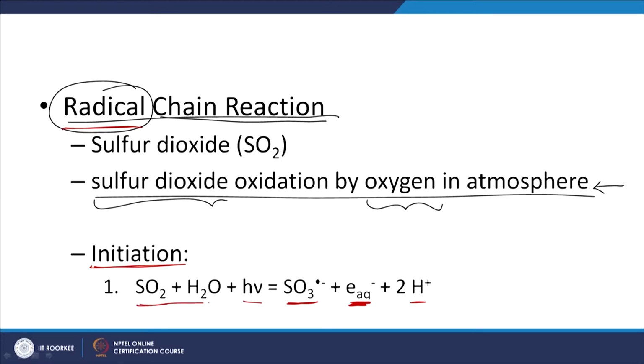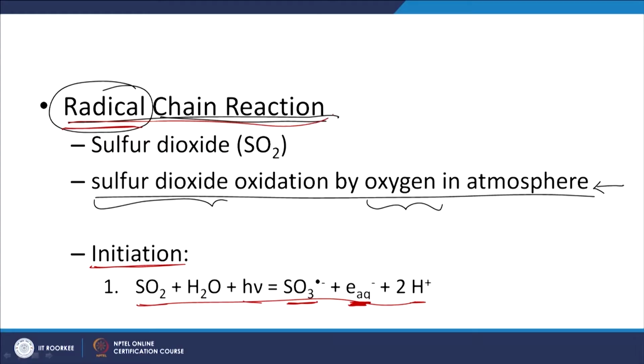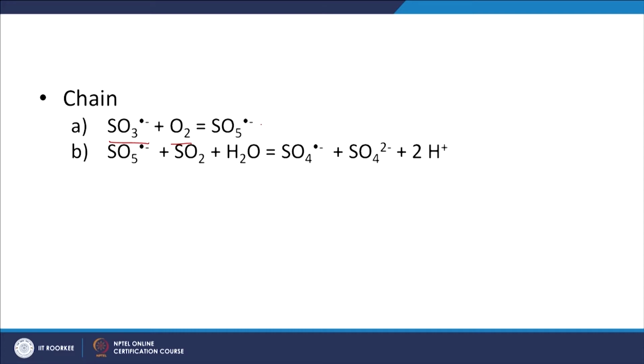So here, let us say sulfur dioxide leads to formation of a radical and an aqueous electron by itself too, right. So this is what happens, and let us see what happens here with respect to the different chain reactions, right. So here we have the relevant chain reactions. This sulfite anion radical reacts with oxygen to form SO5, or it is oxidized, sulfur is oxidized, that is what you can see here by oxygen.